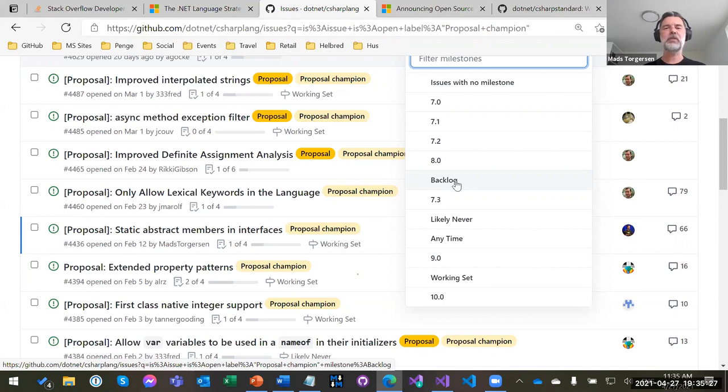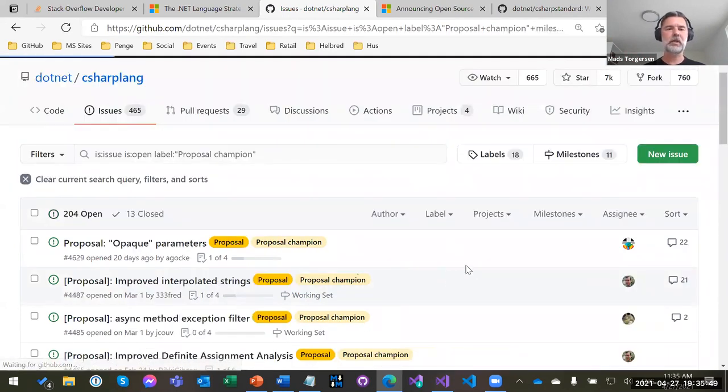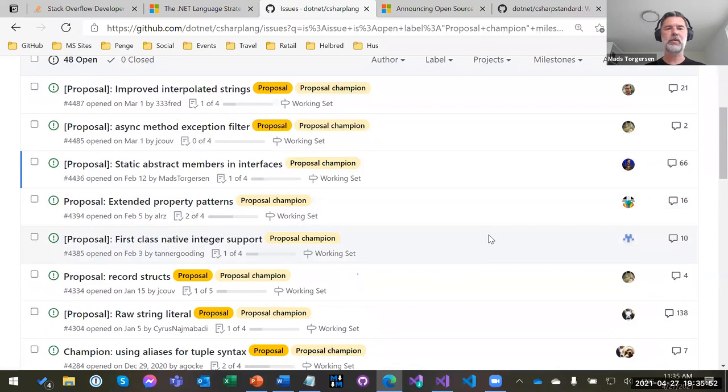So things sometimes spill from the backlog into the working set, where the active features live. These are the ones that we want to invest effort in, and that we think will eventually make it into a C# version, although for many of them, it won't be the next one. If you look in the working set, you can see some of the things that we actually expect to do at some point. It's a grab bag of different things.